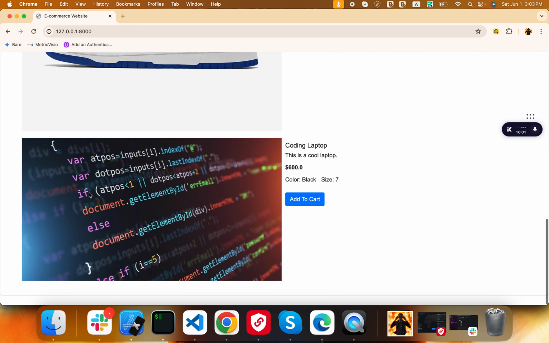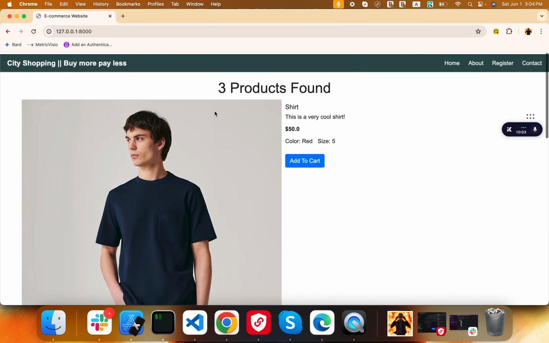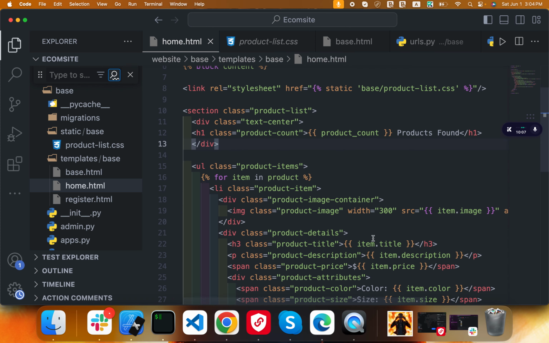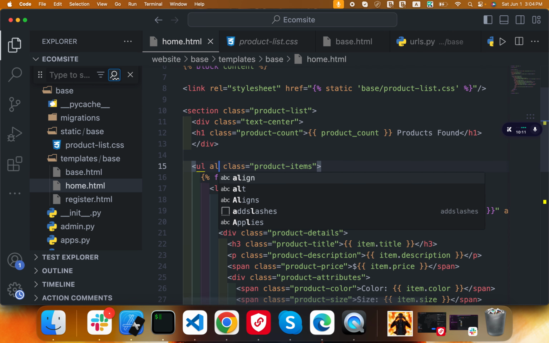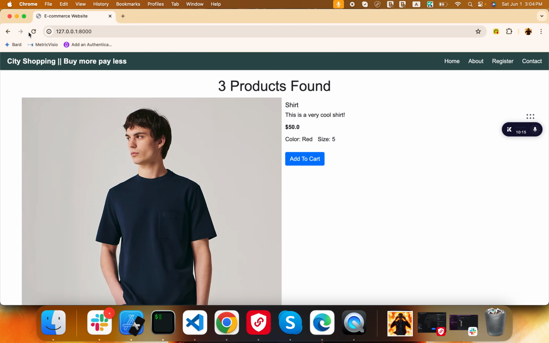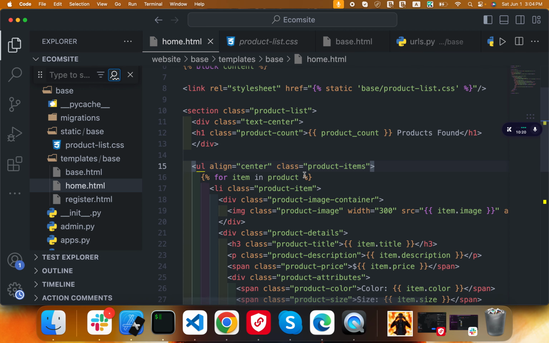So I think that is pretty much it. Wait, let's also move these products to the center. It looks kind of weird. So I'm gonna say align will be the center. Refresh. So all that went to the center. That was not supposed to happen. So let me go ahead and remove that. What we were supposed to do is